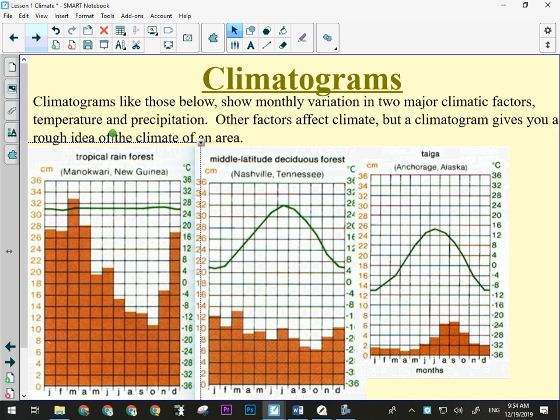So anytime you see the bell curve, you know you're moving away from the equator. If there's less of a bell curve, you're close to the equator. If your bell curve looks like this, where are you? That's what it would be if you were in like New Zealand or something like that. You would have the bell curve that goes the other way.